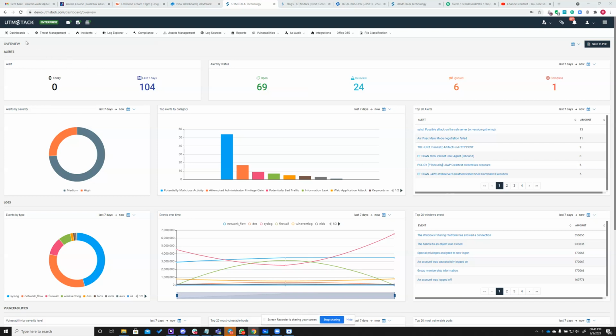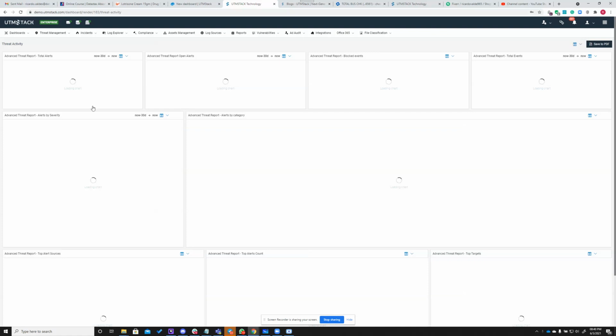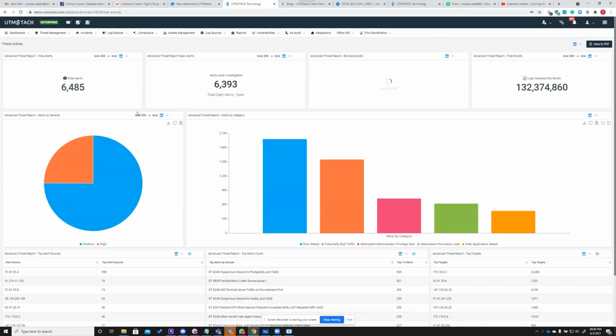UTM Stack Visualization and Dashboard Builder allows you to create 100% interactive dashboards. And when I say interactive, it's because they are truly interactive. When you click something, the visualization will take you exactly to the place where the data you're looking for is represented. For example, if I click here, where it says, hey, here I have all the advanced threat report open